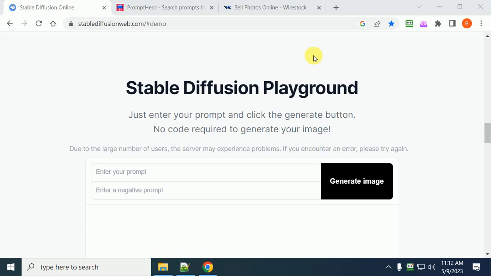So let's get started. Now, first, right at this moment, Stable Diffusion is free. I don't know how long it will be free, but even when it starts to charge a fee, it'll probably be very, very inexpensive. So when you go to this page, StableDiffusionWeb.com,